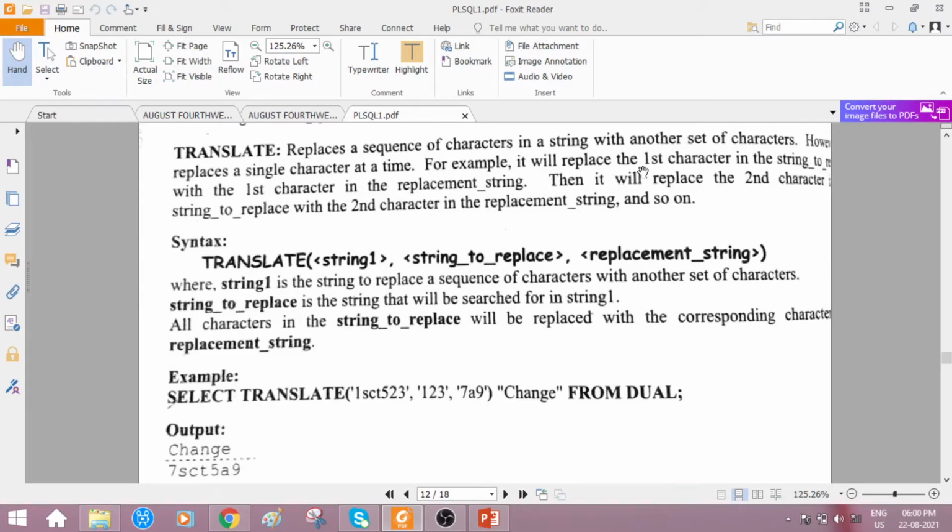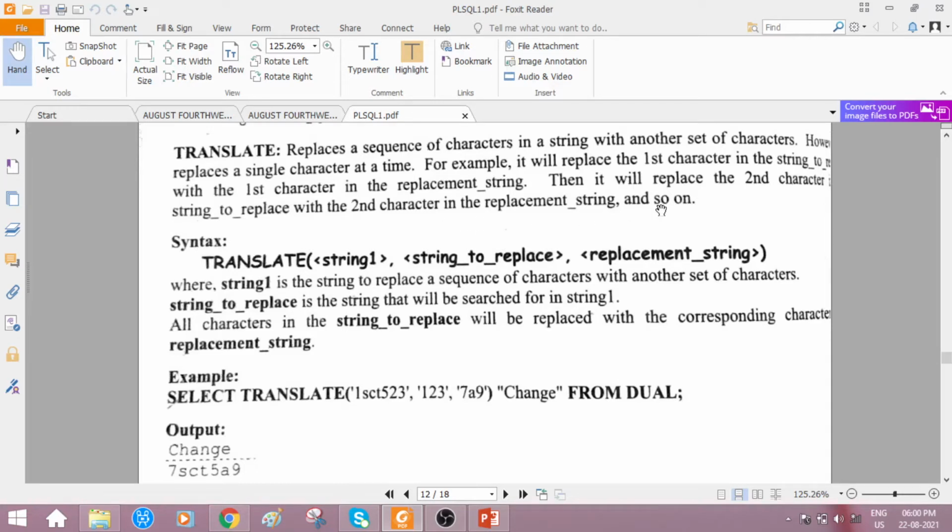For example, it will replace the first character in the string with the new first character in the replacement string. Then it will replace the second character with the second character in the replacement string, and so on.